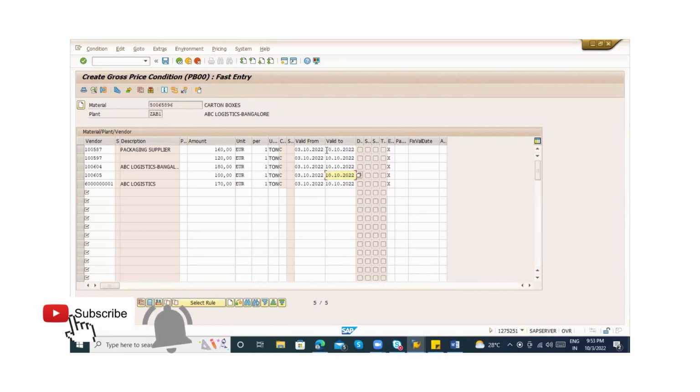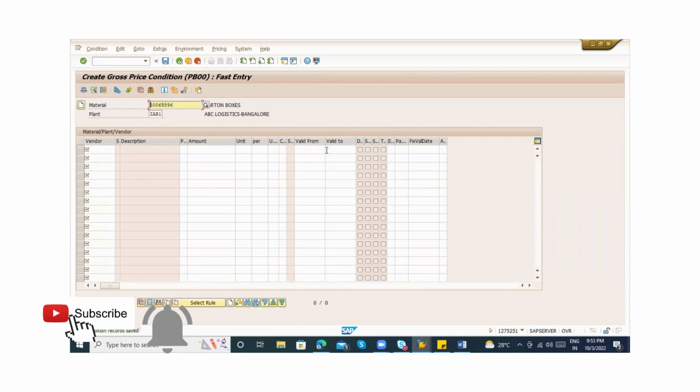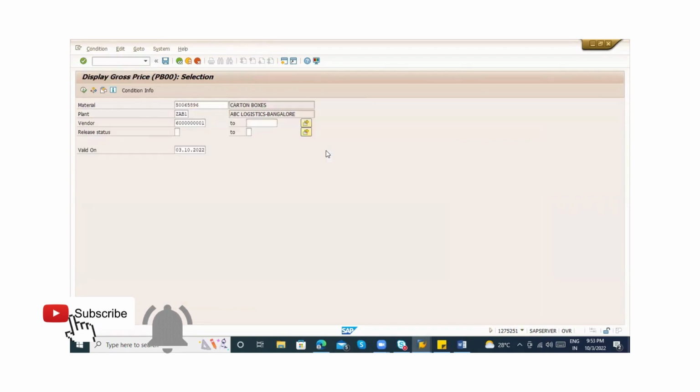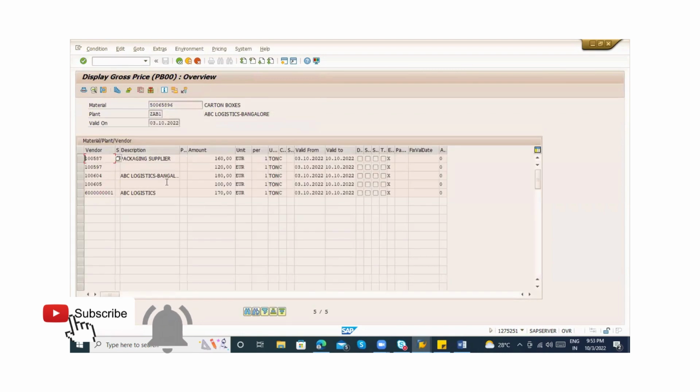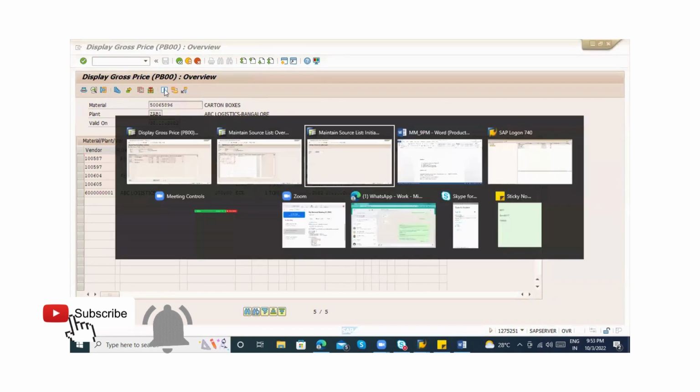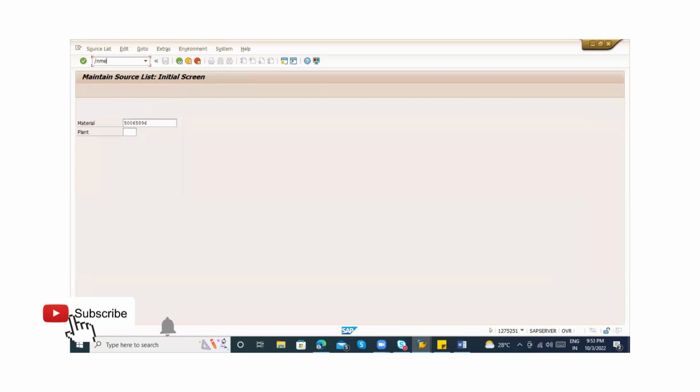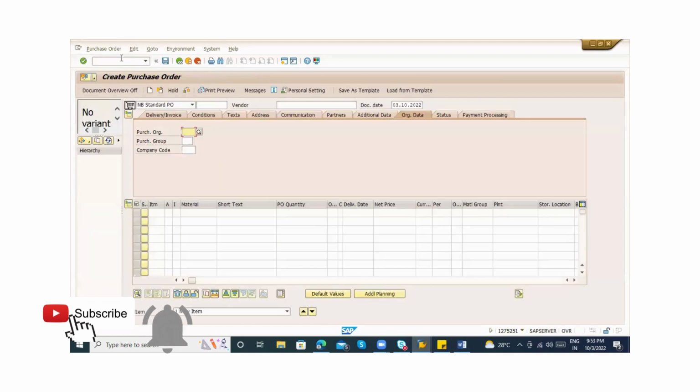Now I'm saving this. Now I can go to display as well. These combinations, whatever is there, you can see here. This is the combination which I maintained. So how will it work here? While creating a PO, a purchase order, when I'm creating the purchase order,